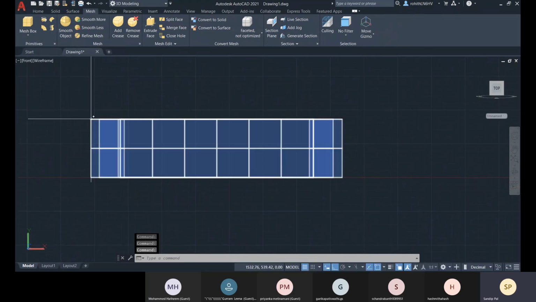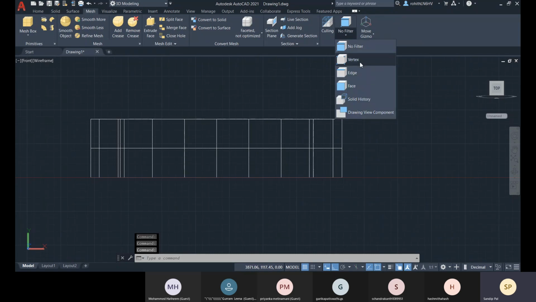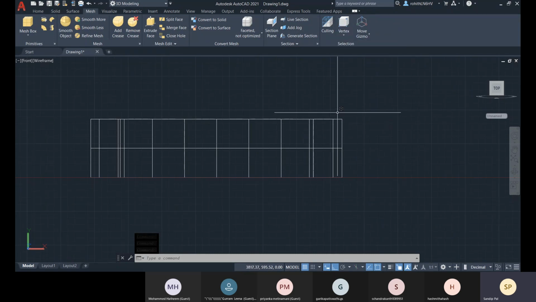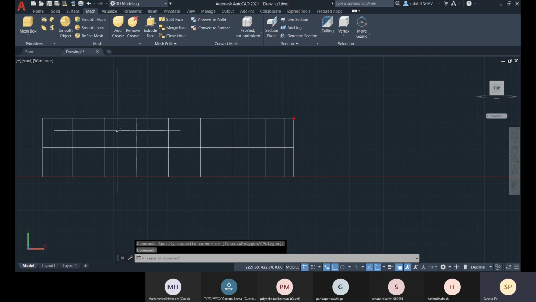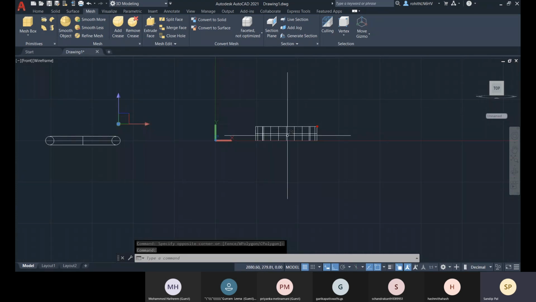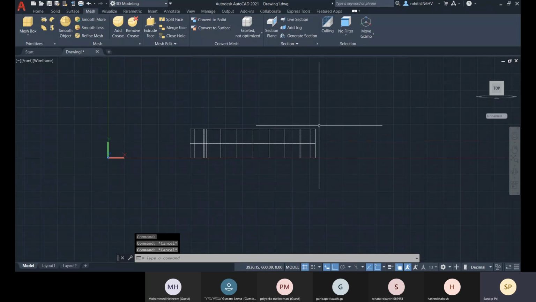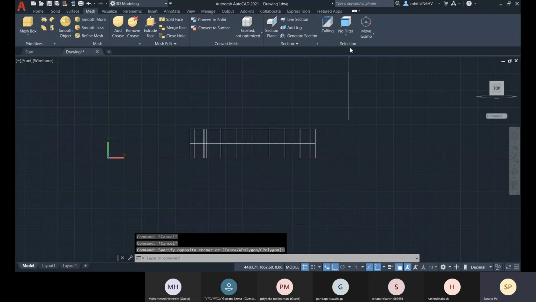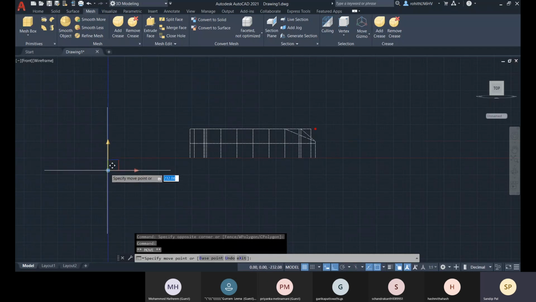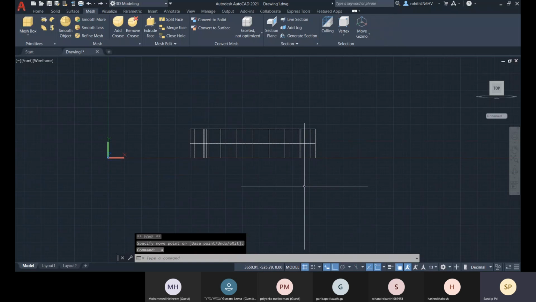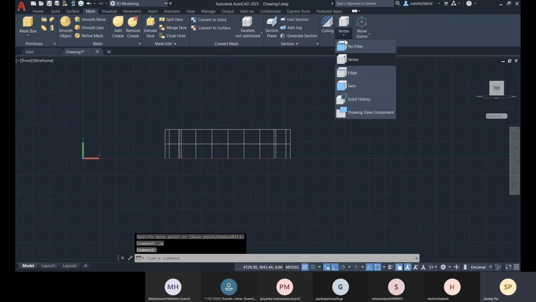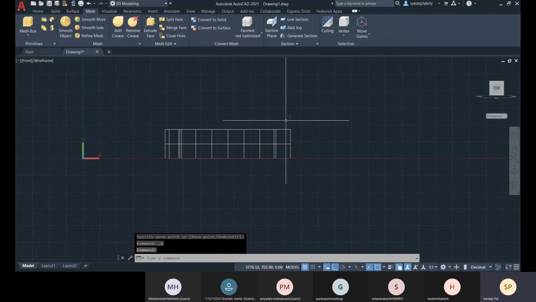Now let me go for vertex there. Let me select this one.